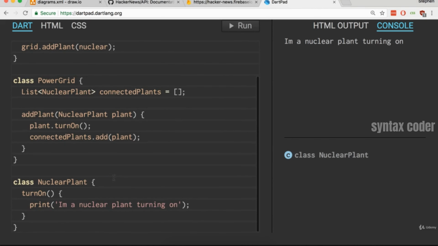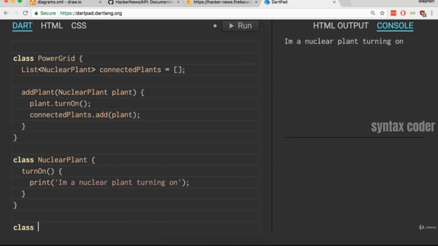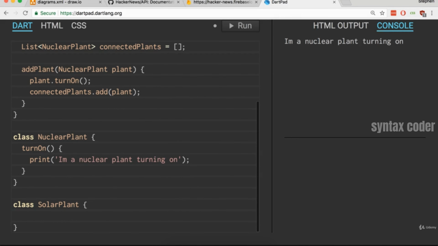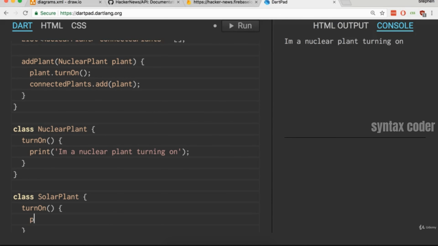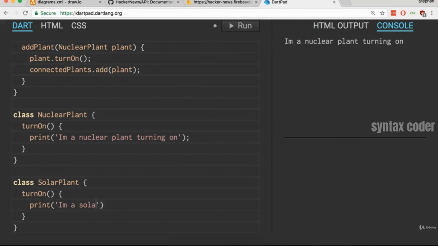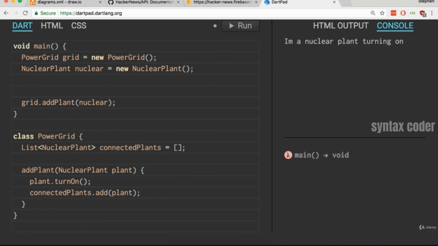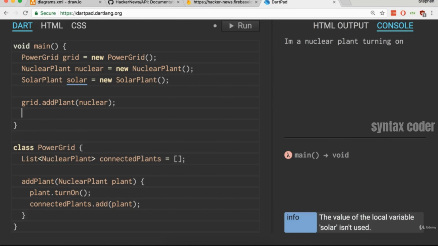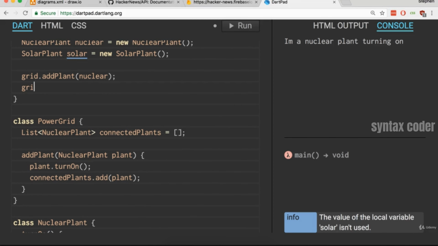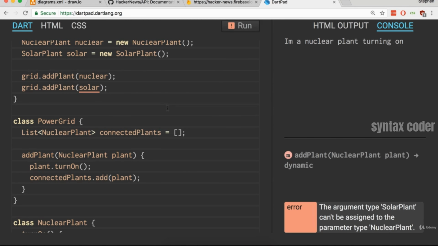So back over here, I'm going to go down to the bottom. I'll add on class SolarPlant. I'm going to add a turnOn method to it. And whenever we call that, I'll print out I'm a solar plant turning on. So now up inside of our main function, I'm going to create a new solar plant. I'll call it solar. And now right after adding in the nuclear plant, I'm going to attempt to add in the solar one as well. So grid.addPlant solar. And as you would expect, we're going to see a big nasty error message that says,